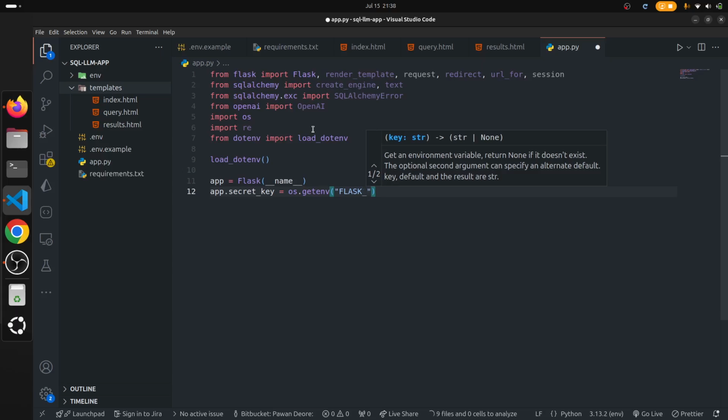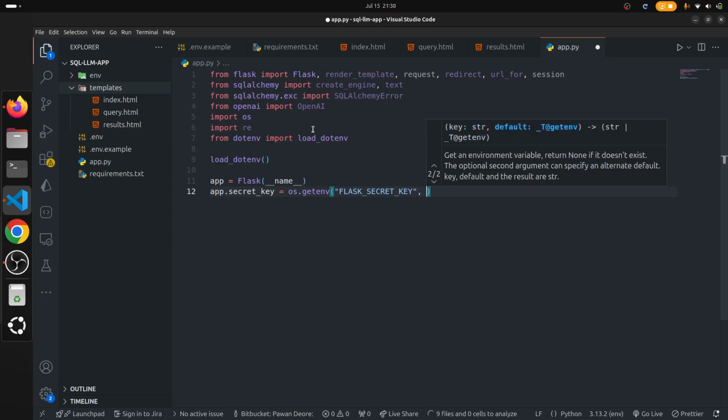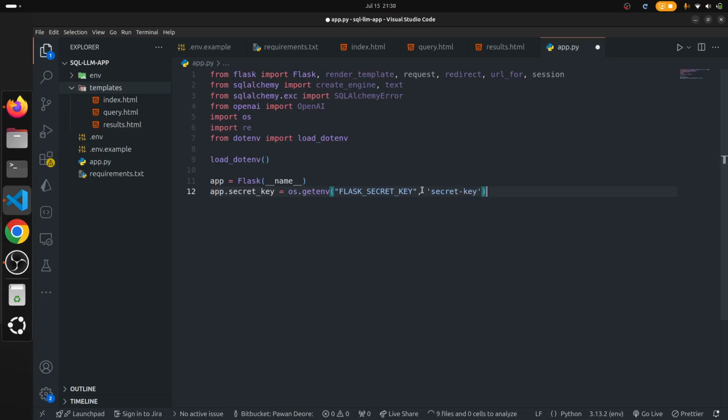I will just set this for now, like for the Flask secret key you can set it to another value. So in .env I have not defined it. I will just write it here. You can keep it anything. So I will just write secret key. Okay,